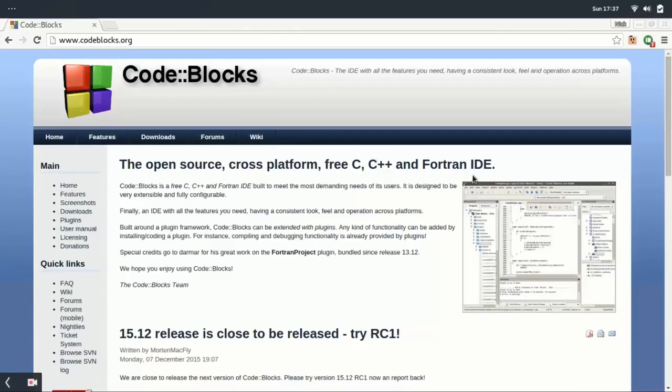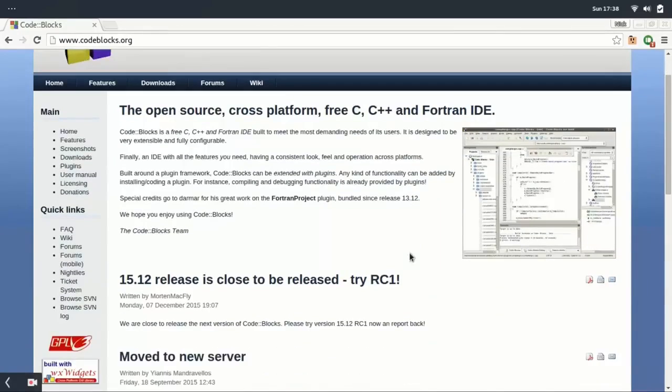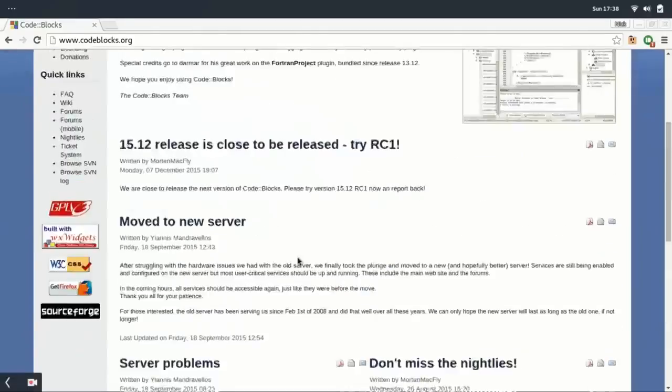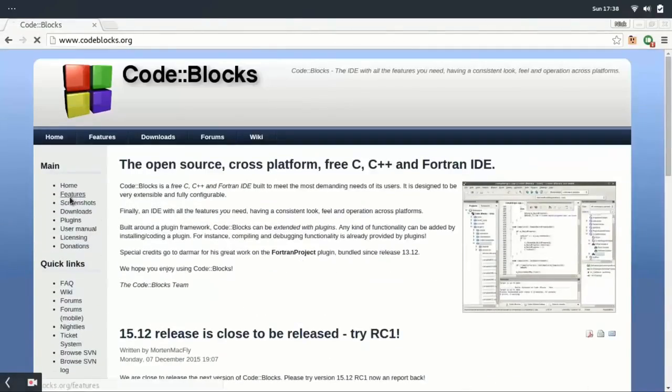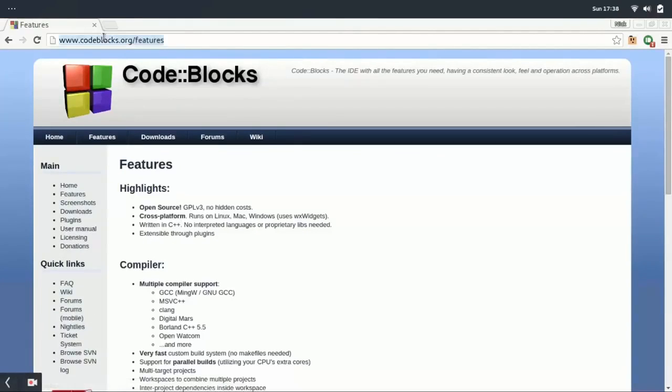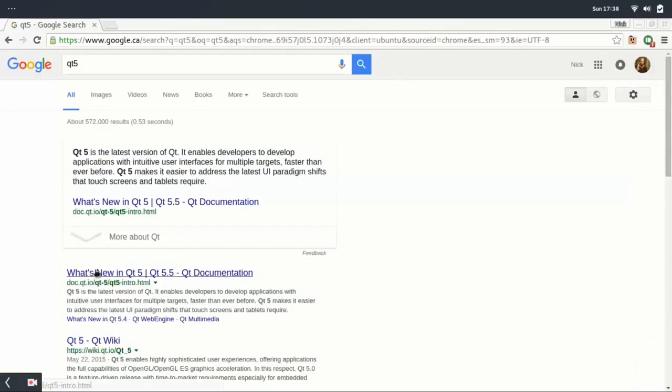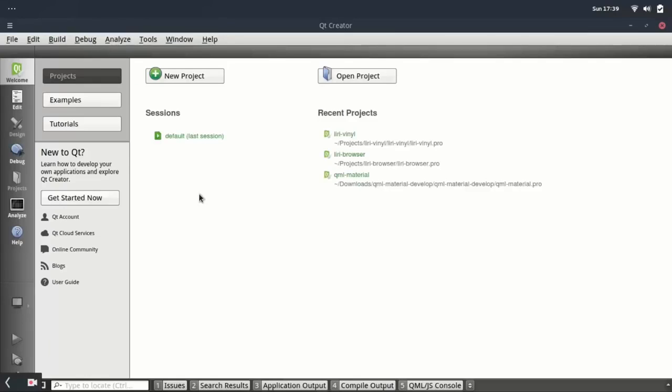CodeBlocks is another popular IDE that supports C, C++, and Fortran. Unlike Eclipse, CodeBlocks was written in C++ instead of Java, and so it doesn't require any special runtimes in order to use it. Now Qt, or Qt, is a framework for cross-platform GUI applications, and the development installation includes its own IDE called Qt Creator. Qt Creator supports C++ and QML as languages,